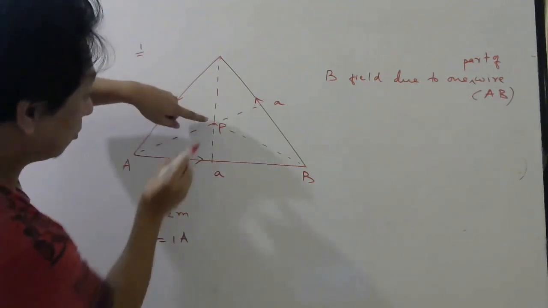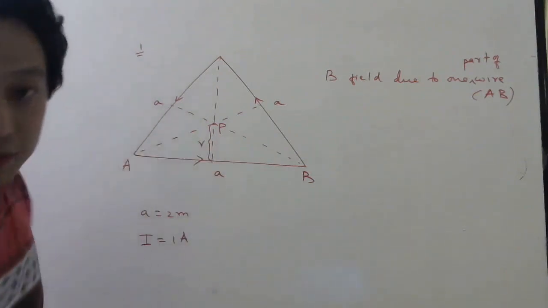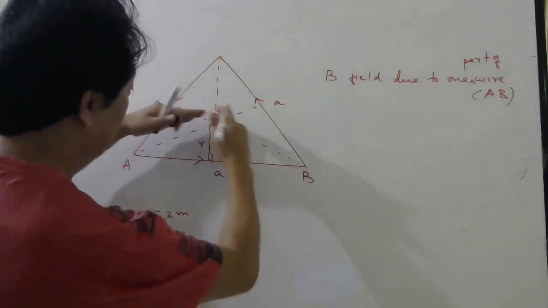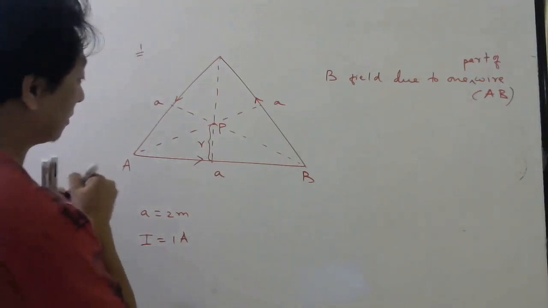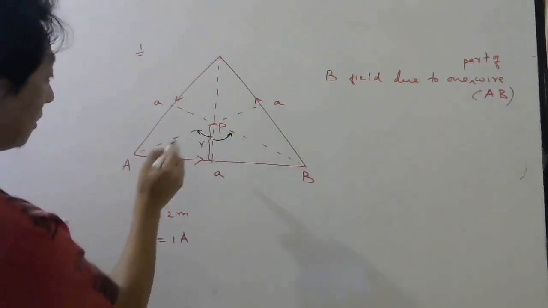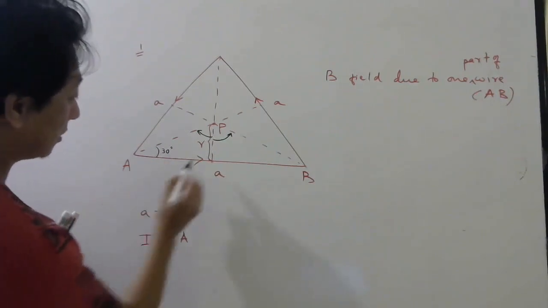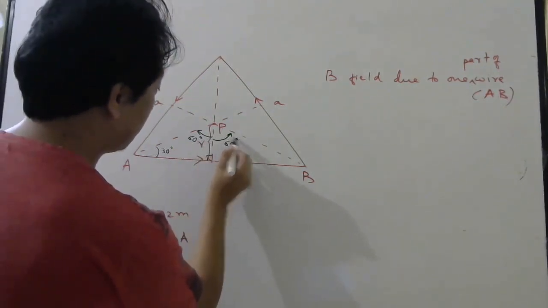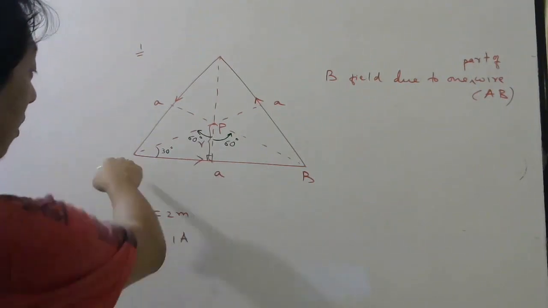So first what I told you, draw the perpendicular line, which is this itself. Let us call this distance small r. And then from these ends you have to draw these lines. Already I have drawn. Then you have to measure, as I told, this angle. Here theta 1, this is theta 2. Now please understand this whole thing. See, this is 30 degree. This is 30 degree. Right? This is 90 degree. So this must be 60 degree. Similarly, this should be 60 degree. Correct or not? So theta 1 and theta 2 both are 60 degree for this straight wire.